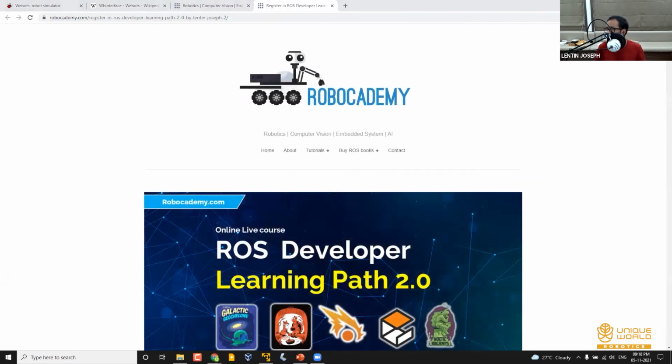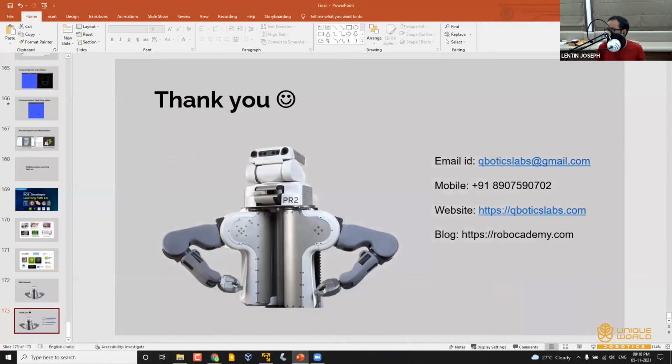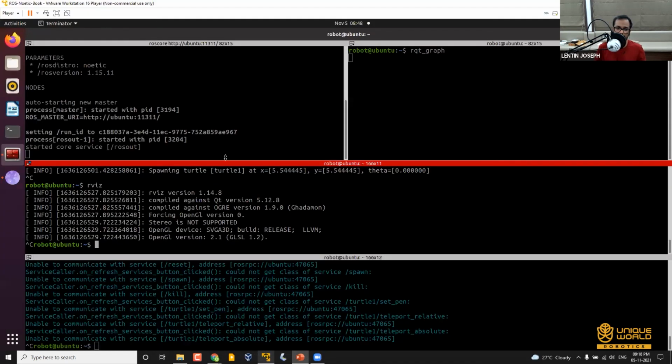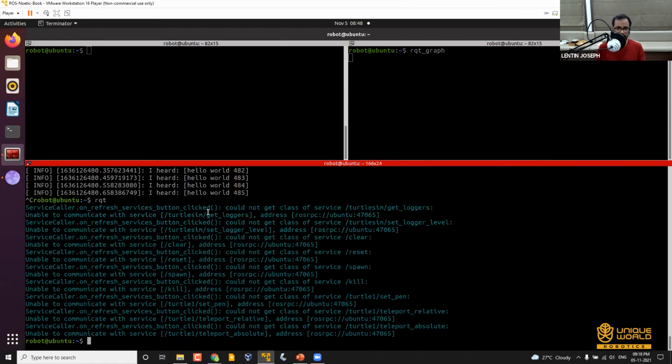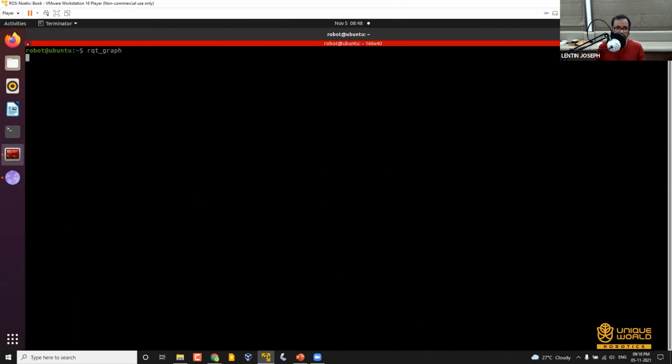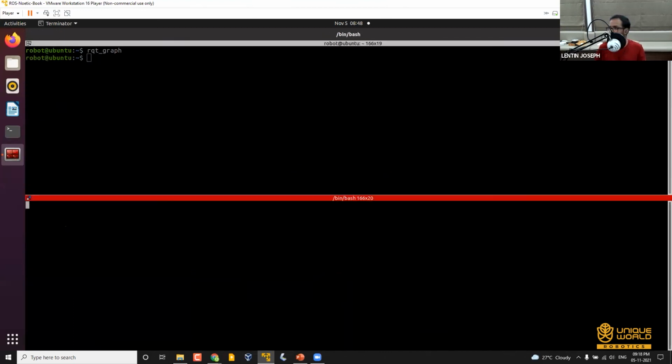I'm taking one question, from Midulraj: suppose I'm developing a model on my PC with Ubuntu, how will I port the model to my target machine, let's say a Raspberry Pi? Can you brief that process?